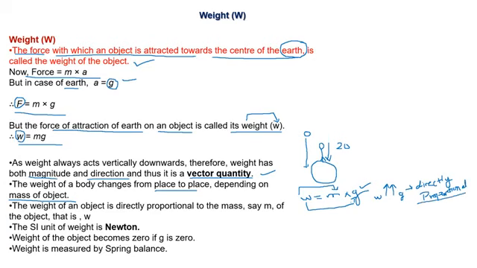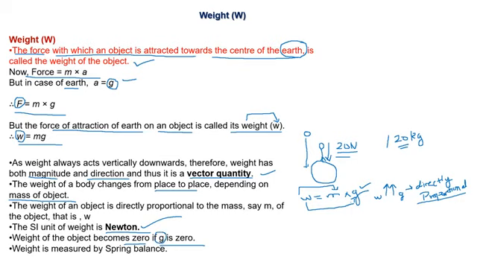Now coming to the SI unit, as I have told you before, the SI unit of weight is Newton. So what weight am I going to write here? I am going to write 20 Newton. Now you can find the difference between mass and weight. The unit of mass was kg, so 20 kg is mass and 20 Newton is weight. The weight of an object becomes 0 if g is 0. If the acceleration due to gravity becomes 0, then definitely the weight will become 0.